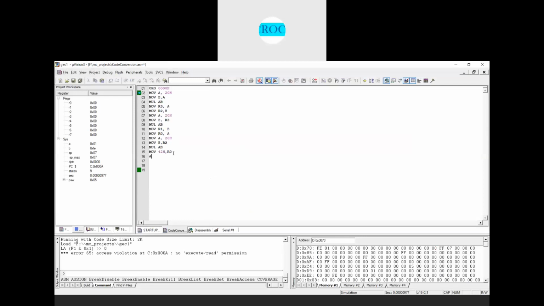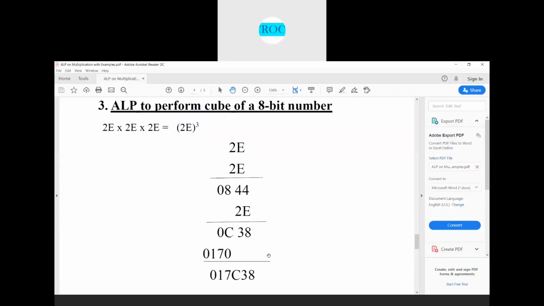Next, what do you do? ADD A, R1. Why do I add A with R1 here? Because 0C is stored in R1, and when I do multiplication of 2E with 08, A will be having 70 and B will be having 01. Now whatever the content I have in R1, that needs to be added to 70h.